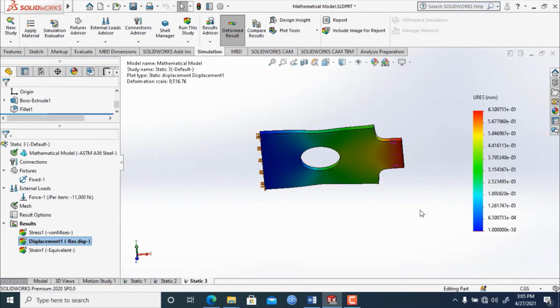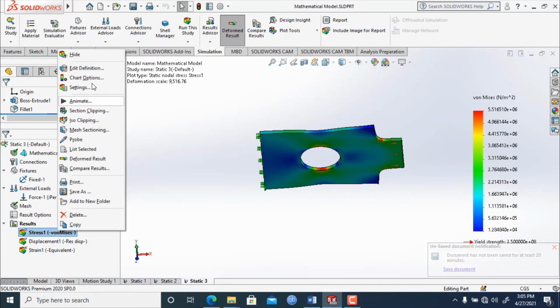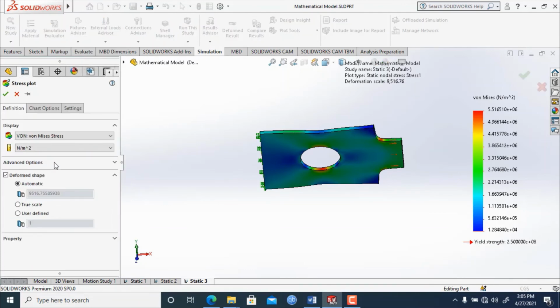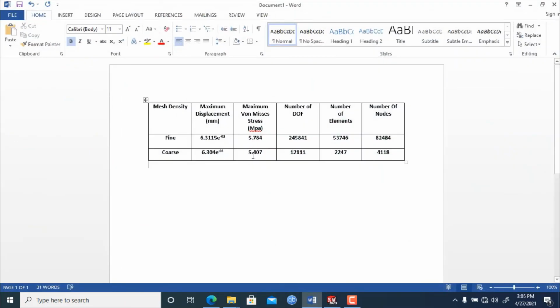If we check the stress, you can click show, and we can just save it. We right click on it, edit definition, megapascal. We can see 5.51. We click OK. So here you can see 5.51 megapascal. Here we had 5.407 with the coarse mesh density, but with the default we can see that the maximum stress has increased.